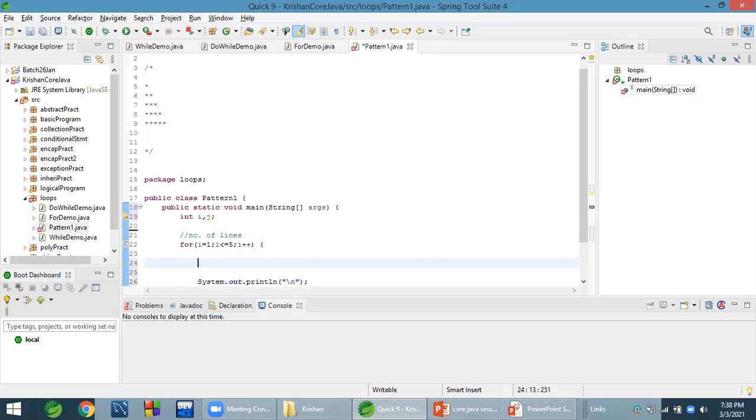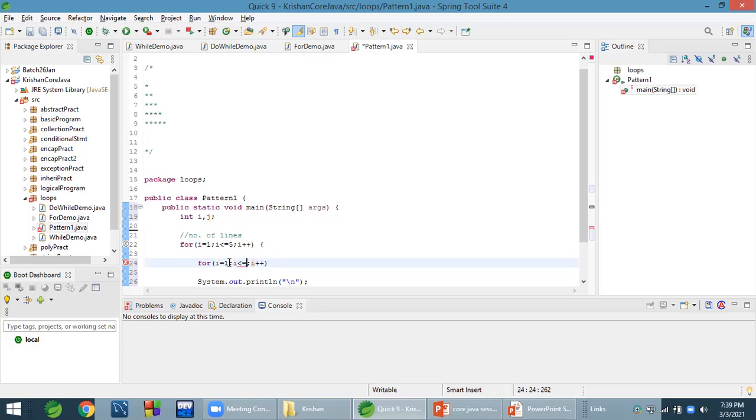To print stars, we will take one more loop, which will be the inner loop. This is the outer loop and we write one inner loop. When it comes to the first line, it means i equals 1 and it came into this body. How many stars do we want to print? 1.